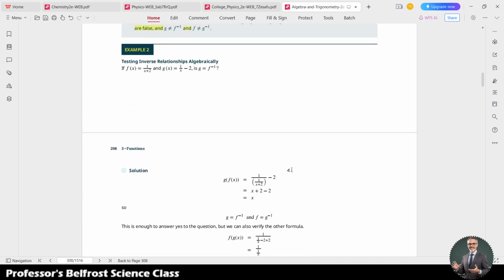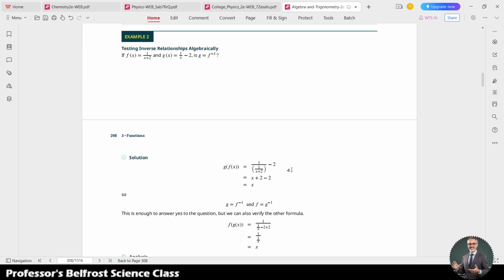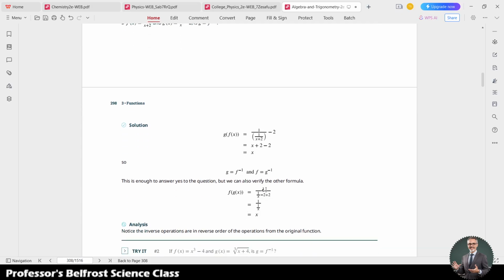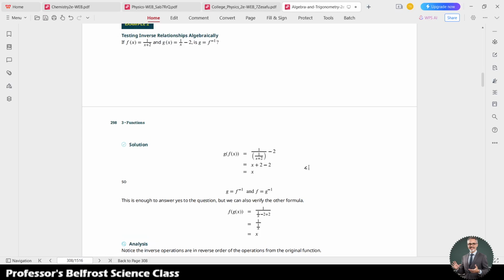Okay, so this is another example. If f(x) equals 1 over x plus 2 and g(x) equals 1 over x minus 2, is g equal to f inverse? So you just need to make the composite function. For example, you take f(x) as the candidate. So 1 over x plus 2, it means x plus 2 minus 2 is x. Okay, and actually this is already enough to say that this is yes,